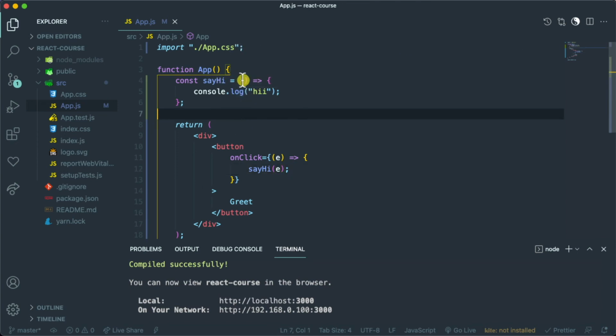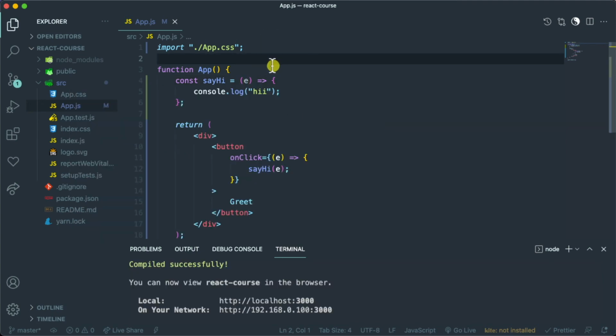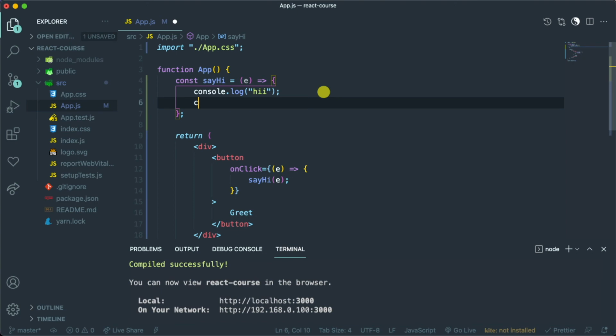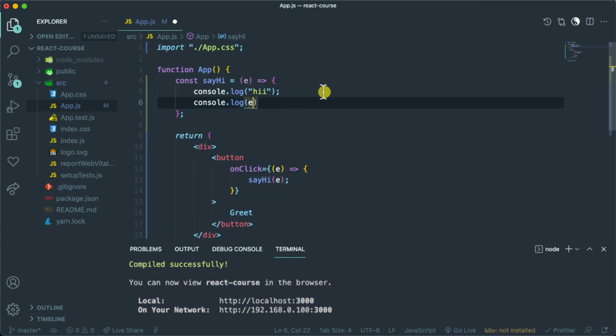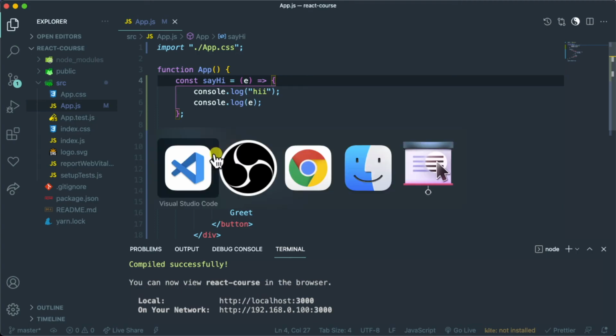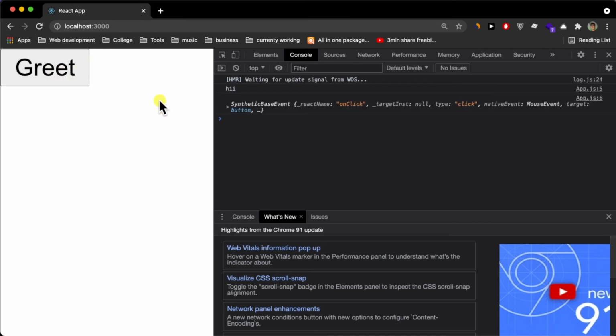And here again, you can call it whatever you want. I'll just keep it consistent. And here, inside of the body function, if you want to print the event to see if we actually did pass it successfully, I'm going to save this, then go inside my app, refresh, and then click on grid. Besides getting hi printed out, we got this event